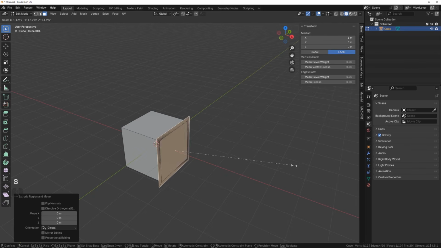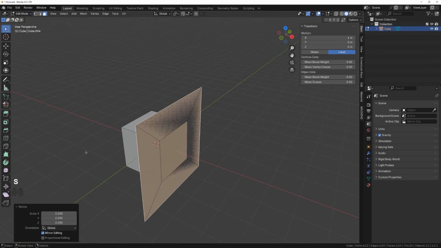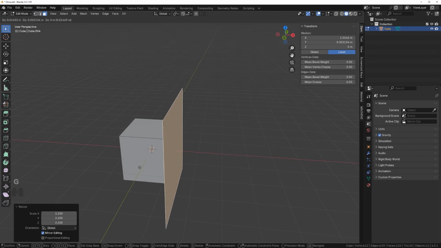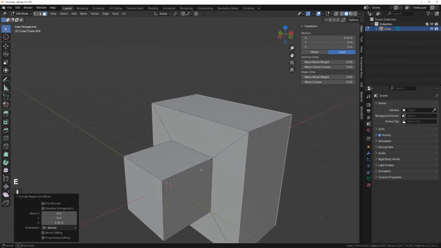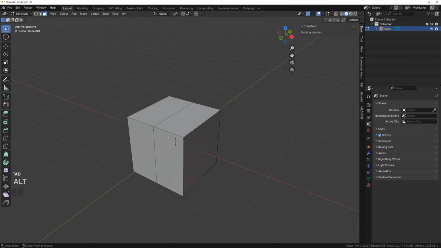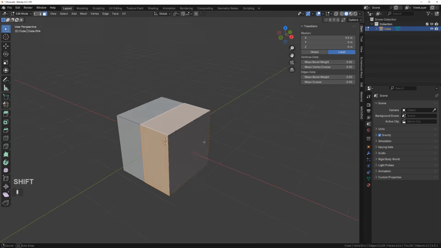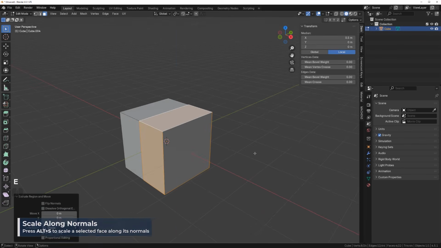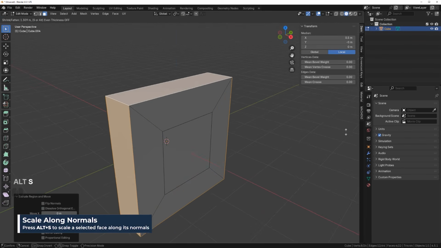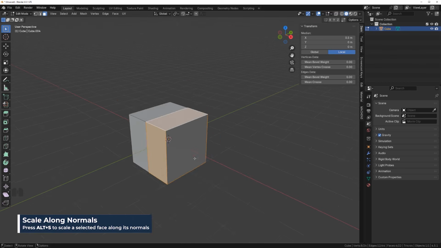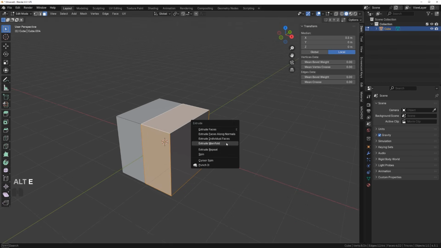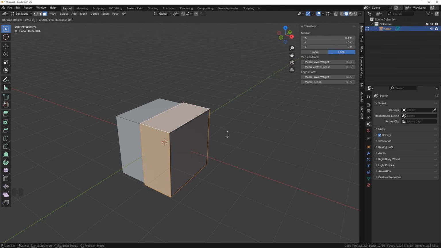But if I'm going to press S, I'm going to be able to scale it. So now I can just either move it, like this, or extrude it further and create this kind of shape. Now you could also do the same trick by selecting the loop here, pressing E, cancelling, Alt+S, and extruding outwards. It's actually the same tool as going to Alt+E and clicking on extruding faces along with normals, which